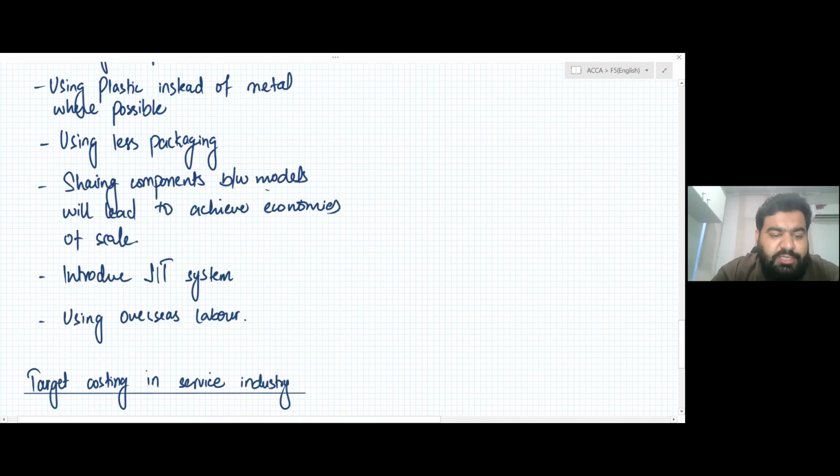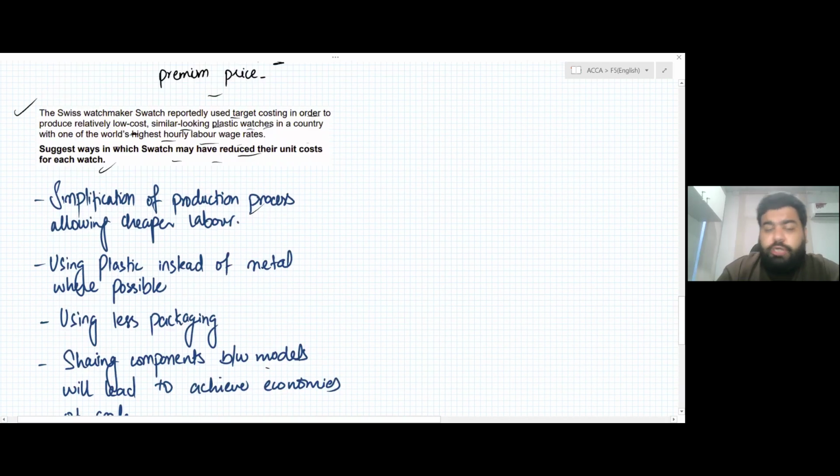So I have written some points here on how they can reduce the cost. First, simplification of the production process, allowing cheap labor. You can simplify your production process. You are not having complex machines, because the more complex the machines, the more expensive the labor you need. Just simplify the production process and cheaper labor will come; obviously you will pay less and your unit cost will be reduced. So the simpler your production process is, the lower grade labor you can use, because they can